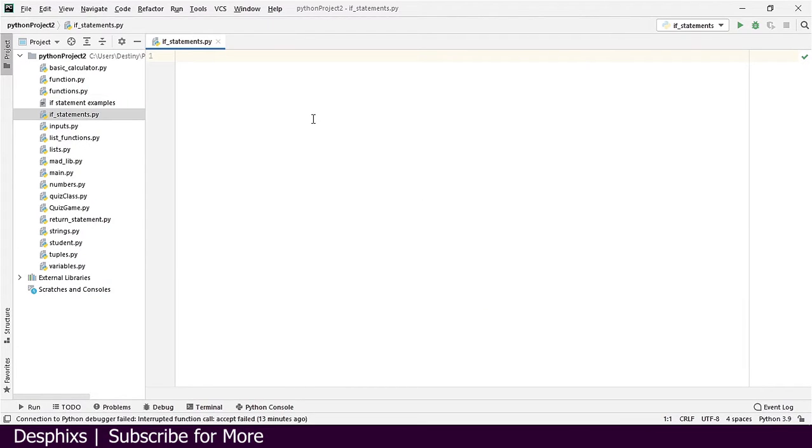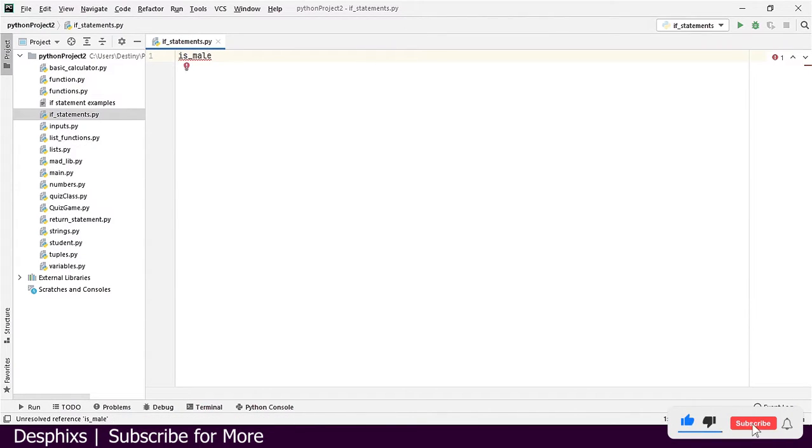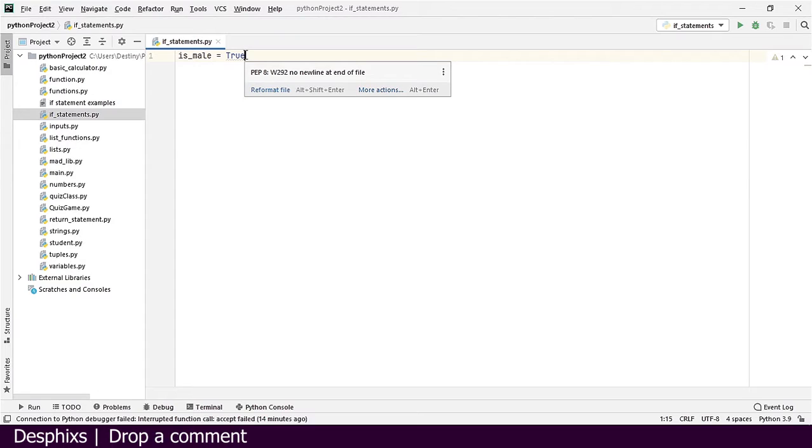Down here in the if statements file, there are some things we want to do. For example, we want to write the code that helps check if some individuals in the meeting, or let's say some students in the school, are male. In order to do that, we need to define a variable, and we want to call this variable is male. So is male, we're going to set it to true, and hopefully you remember what true is in Python. If you remember the data type that true is, it's a boolean. I taught you this in the Python glossary course introduction part, where I was showing you some glossary in Python and data types. So this is a boolean.